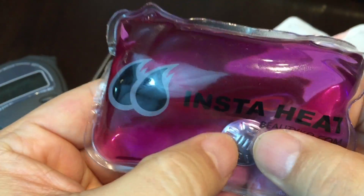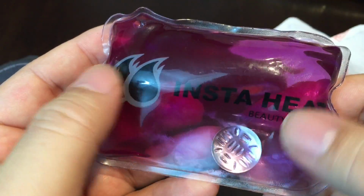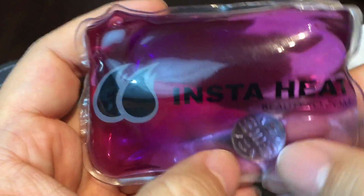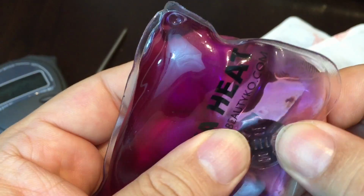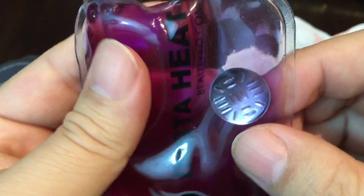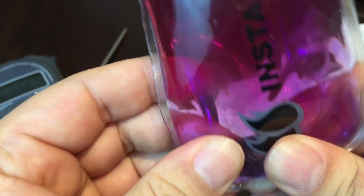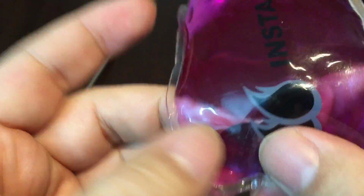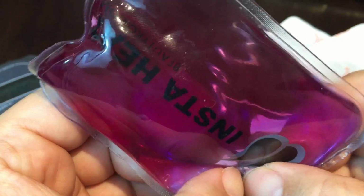There's a number of them that are brands that tend to be just a bigger packaging. You can see here I've got to flex this disc a few times, and actually it still hasn't even activated it. So I'm not sure what the deal is with this, but this brand is not super impressive. So yeah, Insta Heat,